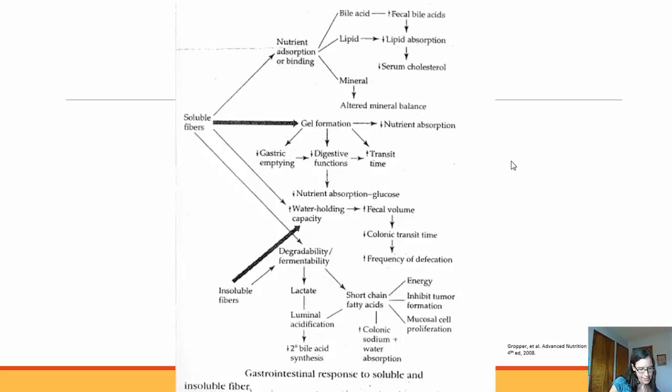Okay, so here's a nice overall graphic. It shows on the left, you can start with soluble or insoluble fibers. So let's start with insoluble just because it seems a little easier. First we look at water holding capacity, and we know that it increases fecal volume, decreases colonic transit time, and increases frequency of defecation. We also know that insoluble fibers can be slowly fermenting,